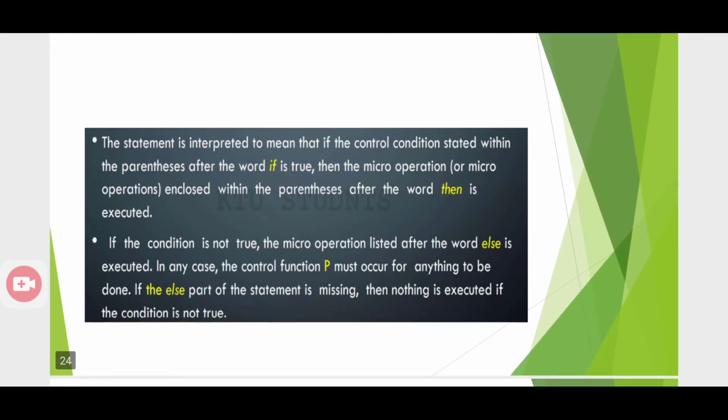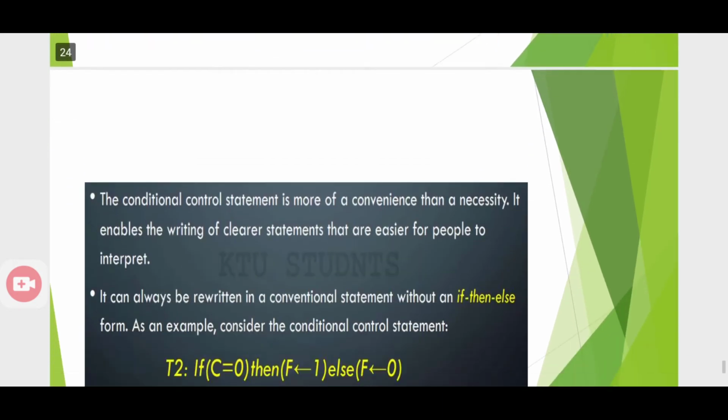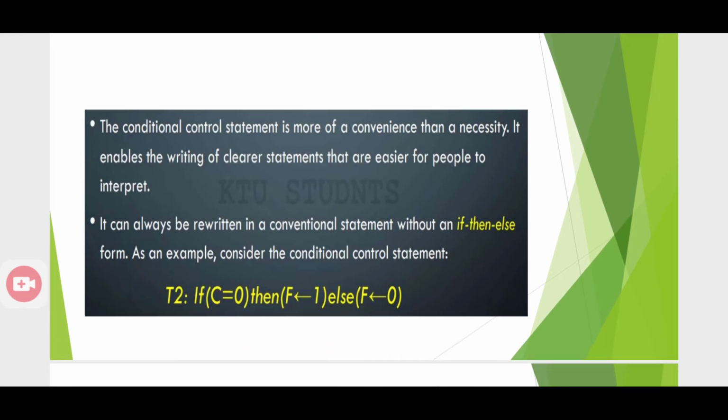Okay, so this is an example for a conditional control statement which can be represented by T2. It's a simple colon, if C equal to 0. C equal to 0 is the condition. Okay, then F left arrow 1, else F left arrow 0. That means based on C, if C equal to 0, then what we have to do, or which micro operation